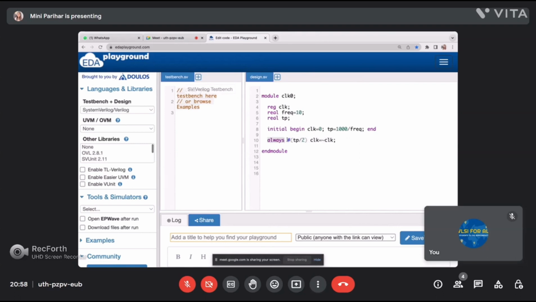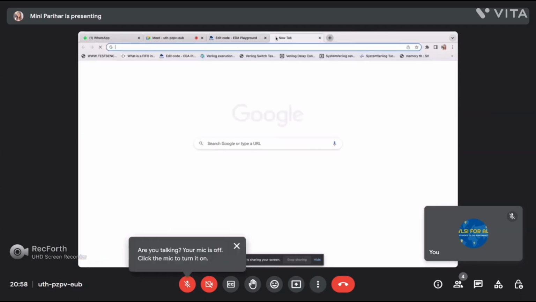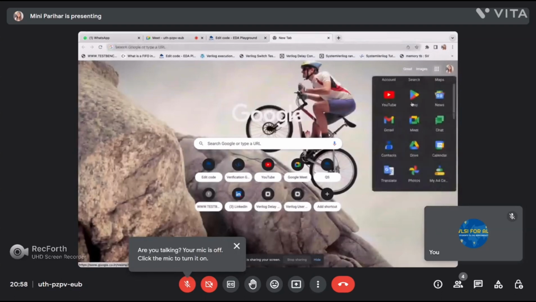What does it mean? It means this will be executed always, and the value of the clock will be inverted after TB by 2. I made a 50% duty cycle there.